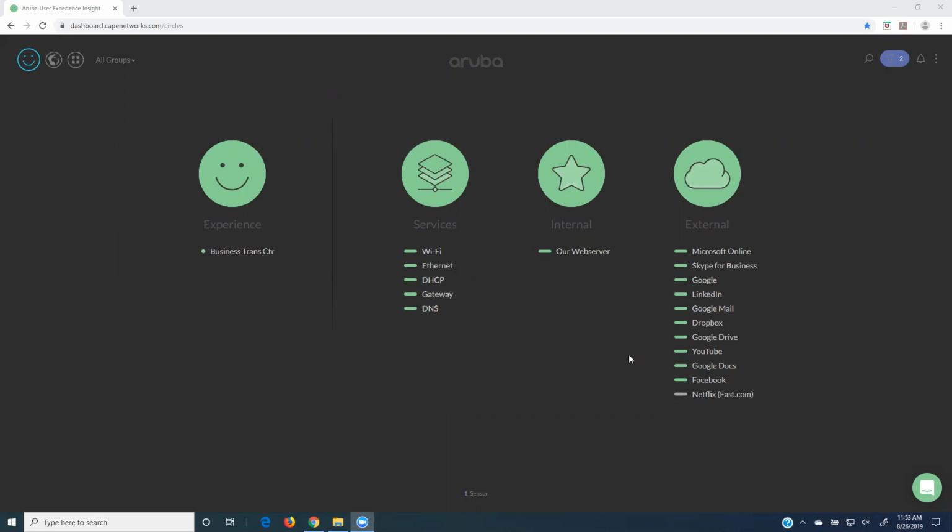All right, so here we're logged into the Aruba User Experience Insight. Here's the web portal we're logged into. You can see we've still got the CAPE naming there. What we're getting is a quick overview of what's going on within our environment. This is the one sensor that I have within our Business Transformation Center, our demonstration center. Keep in mind, as I go through this, I can also demonstrate this to your customer if you need me to, as well as the whole slew of Aruba products that are out there. But anyways, this is my sensor, and I've got the little smiley face, so I know everything is good